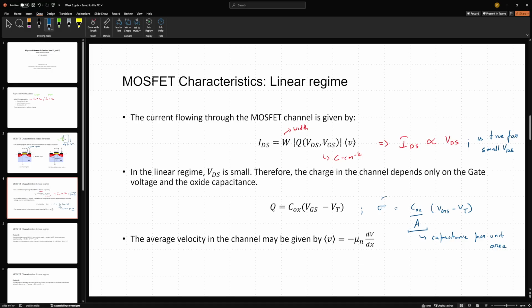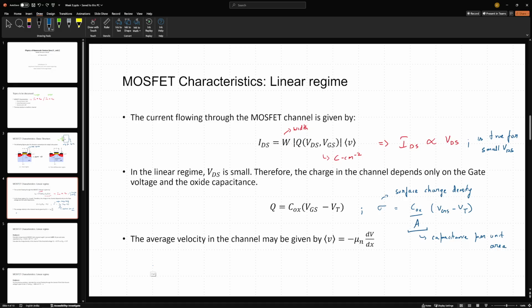And this quantity sigma is the surface charge density. Now the average velocity in the channel, this is a very classical expression, because like again, Drude-Sommerfeld model, or classical macroscopic conduction, we write